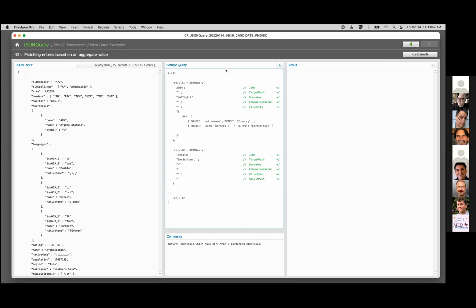Let's see. Here's maybe this one last example we can take a look at. Matching entries based on an aggregate value. This is an example of something that requires 2 passes. The idea here was to find me all countries which have more than 7 bordering countries. My apologies again to the person who asked for this type of stuff. This isn't exactly what you're looking for, but maybe it'll give you a hint as to what is